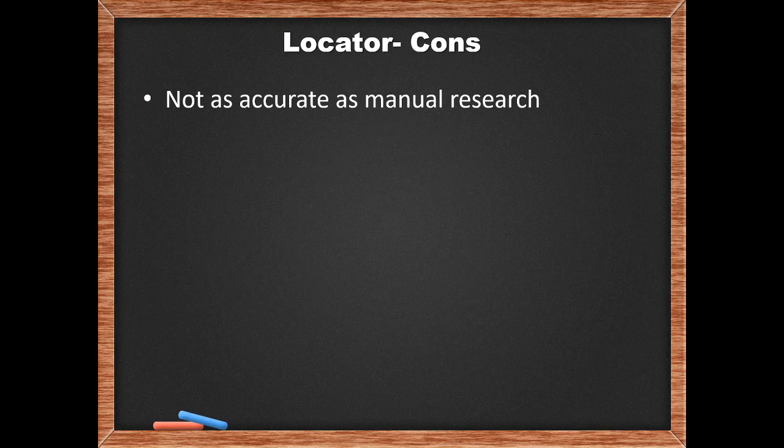Now, of course, you can't put pros without talking about the cons. So I thought of disadvantages, and I thought really hard, and I think I came up with only one. Okay, only one, which is the locator is not as accurate as manual research. What do I mean? When I use market research software, I can control all the environmental terms. So for example, if I want to upload items that have only sold 10 times in the last 30 days,